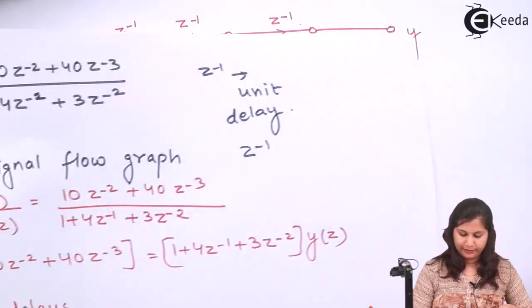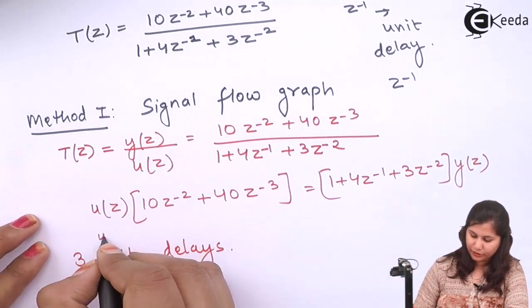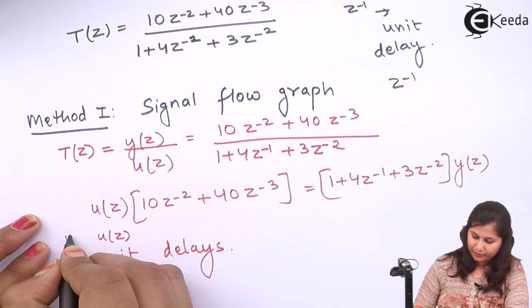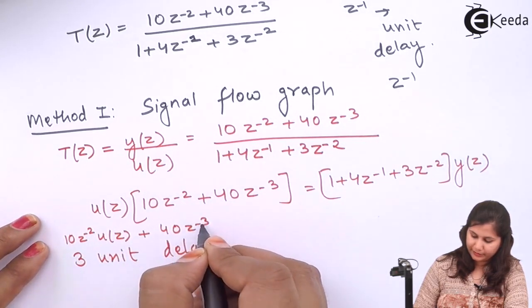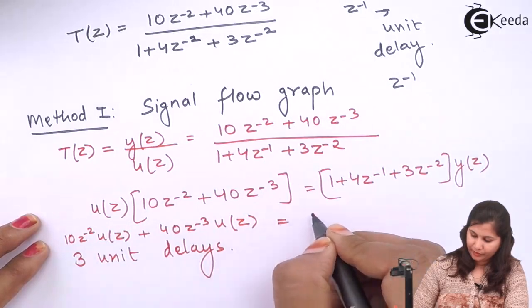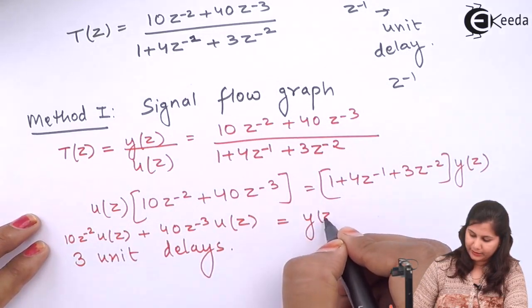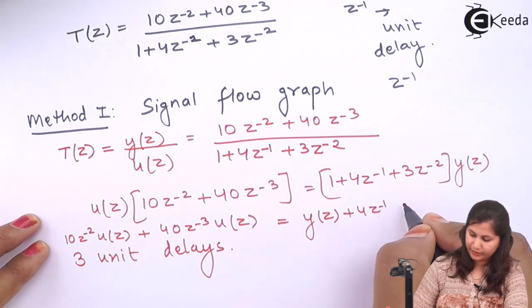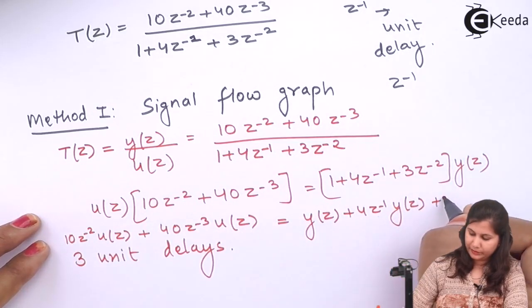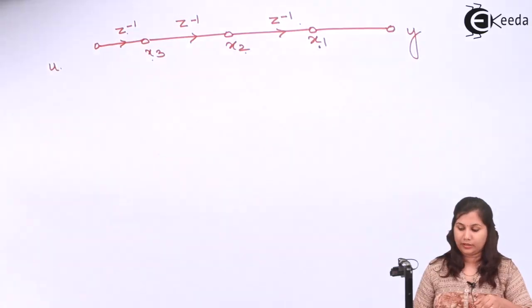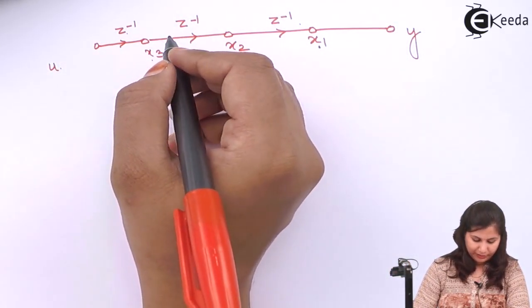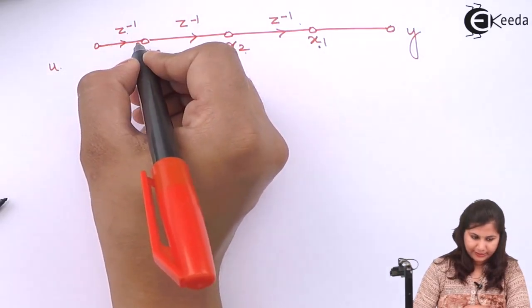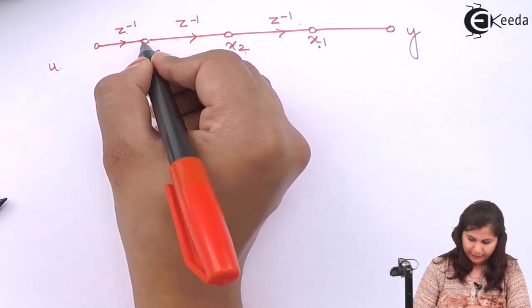Now let's multiply this. You will get U(z) times 10 raised to the power minus 2 plus 40 Z minus 3 U(z) equals to Y(z) plus 4 Z minus 1 Y(z) plus 3 Z minus 2 Y(z). We have to take in here 3 state variables. So first we will multiply this x3 as there are